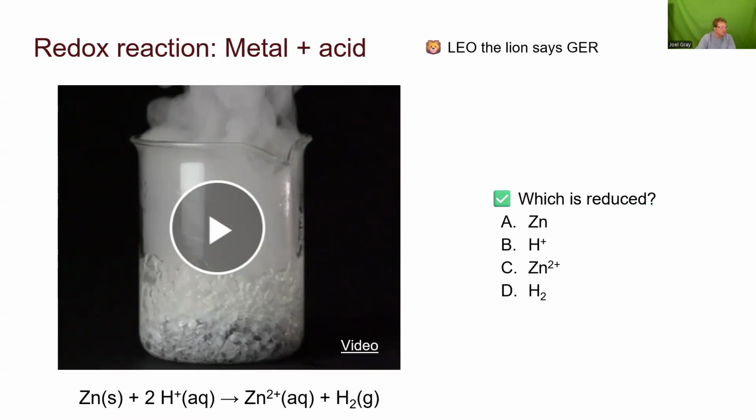For this question, we have Zn with a charge of 0 going to, or making, Zn2 plus. Then we have H plus. The only reason to account for the S whenever you're looking at this sort of problem is to deduce what the charge is. So when you see that S, you know that it's 0. B is the correct answer here. That is getting reduced because we're going from a positive charge to hydrogen with a 0 charge.